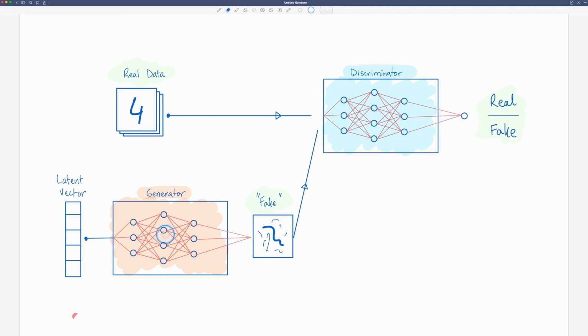As you can imagine, when we start and initialize all the weights as random, we are going to get all of these multiplications and the output is going to be some random noise. That random noise is going to be fed to the discriminator, and the discriminator is going to say it's a fake because it's an obvious fake. So that is how our whole architecture is going to work. But how are we going to do actual learning?